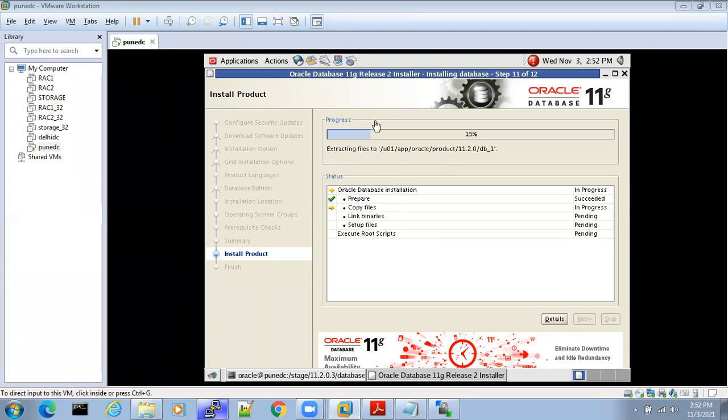Right, so let the software installation complete. Once it is completed, we can start the database upgrade. Whether we start the database upgrade today or in the next session, we'll decide based on the time it takes to complete the software installation. In the meantime, I will take a Q&A session without wasting any time. If you have any questions on the sessions completed so far, you can ask me. I'll help you out.